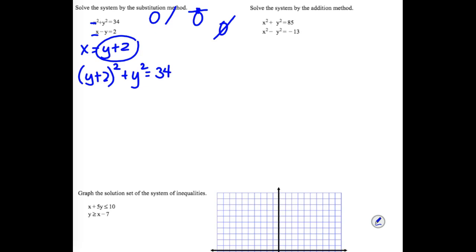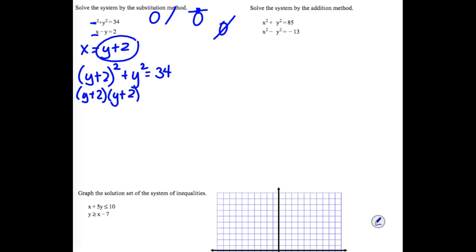When you square a binomial, like y plus 2, you have to remember the formula that creates the trinomial answer, or you have to write it out twice and FOIL it. But you will get a trinomial. You don't simply square the y and square the 2. Okay? So y plus 2 times y plus 2